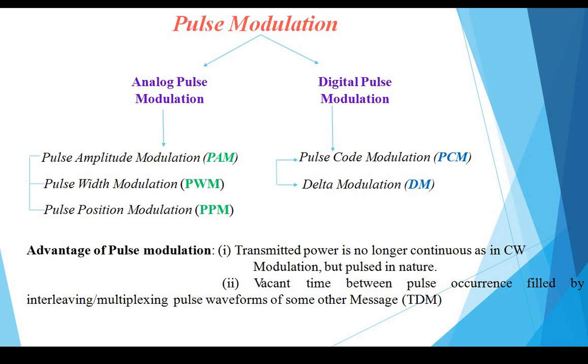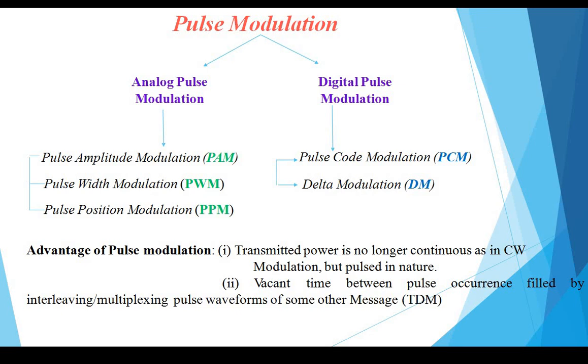Before going to pulse amplitude modulation, we'll just see what the important advantages are of pulse modulation schemes. Why are we going to pulse modulation, when we already had continuous waves? Instead of that we are using sampling, which is used to convert a continuous wave into a discrete time wave, correct? So what is the advantage? Before going to pulse amplitude modulation, we quickly see some of the advantages of pulse modulation schemes.